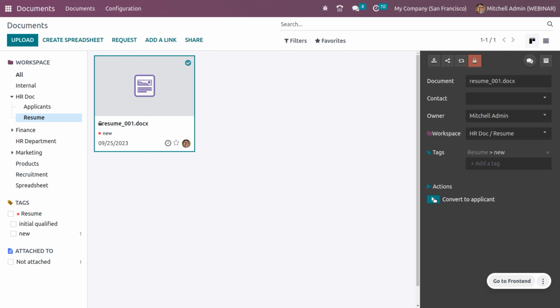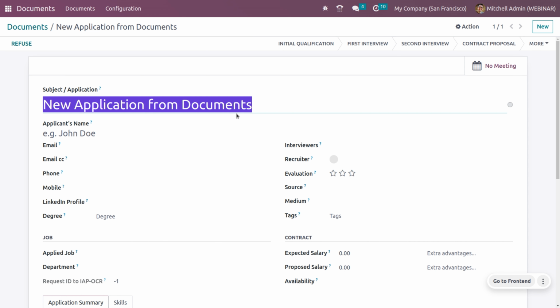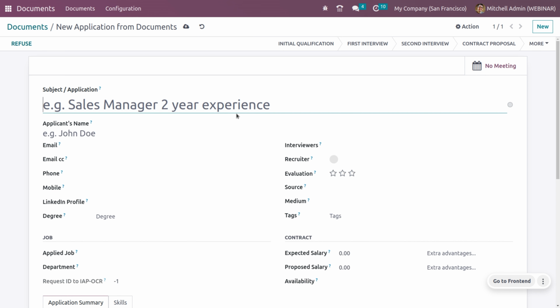So when I click on convert to applicant, in the recruitment module an application will be created, and in the subject it will be added as new application from document. Instead of that, I can add the name of the application like sales manager with 5 years of